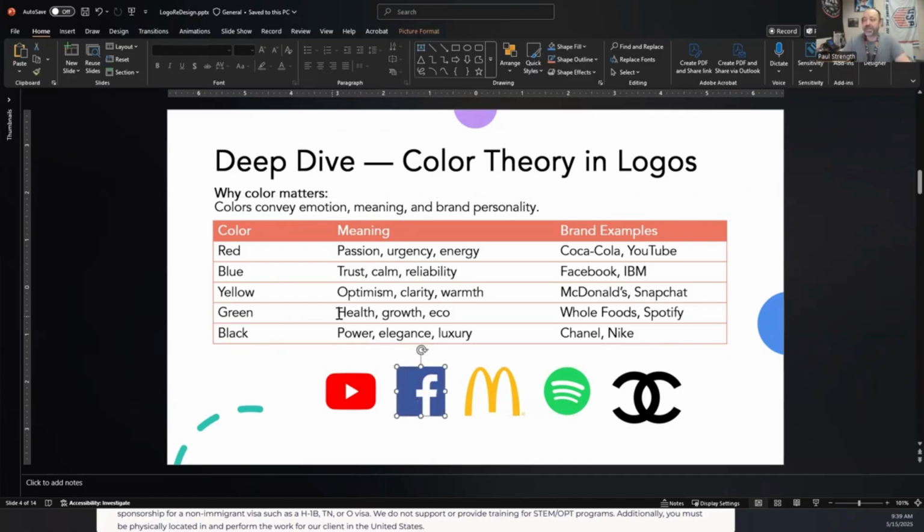Okay. Yellow is optimism, clarity, and warmth. Hence McDonald's golden arches, warm fries. Green is healthy growth, eco, or like eco-friendly. I don't know why Spotify has that, but it could be growth, like mental growth and whatnot. But Whole Foods, for example, their logo is all solid green. Black is